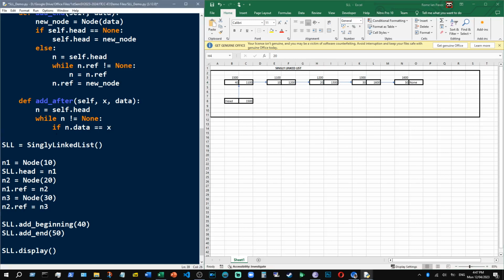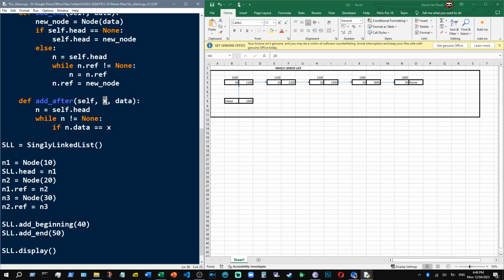If that is the case, meaning if n.data here, remember, the n.data here is not this data here. The n.data refers to this one while you are traversing. So when you traverse at this point where n.data at this n is equal to the position where you want the new data, this is the new data. You want the new node holding that new data to be placed after it. So if it exists,